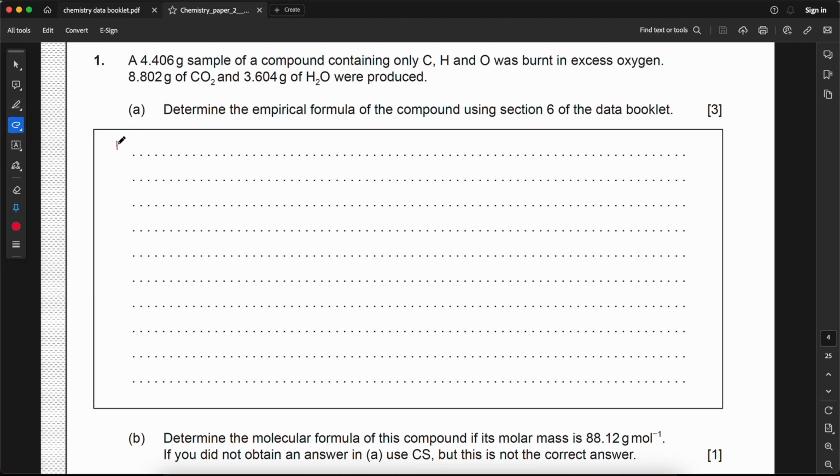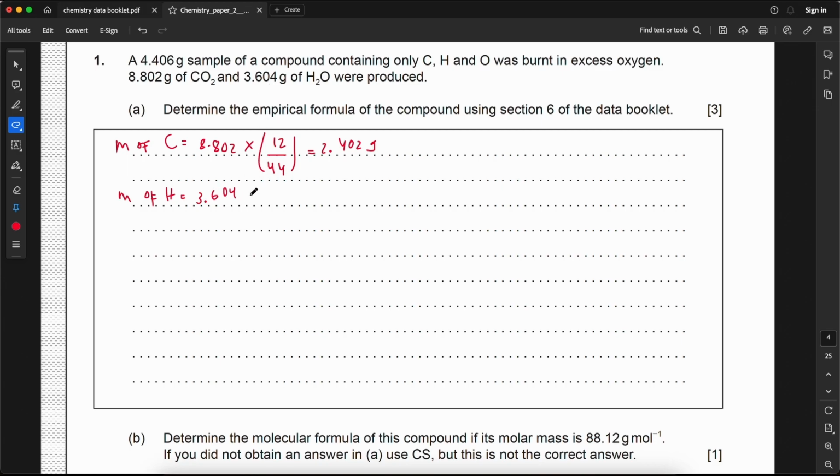So mass of carbon, that would be 8.802 times 12 divided by 44. 12 is the relative atomic mass of carbon and 44 for CO2. You will get 2.402 gram, and for hydrogen